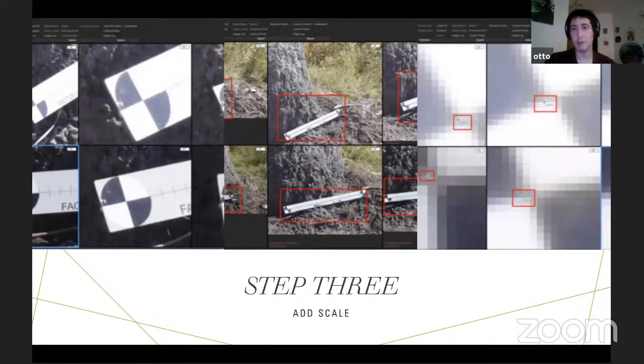Having done your alignments, it's quite a convenient time at this point in the process to add the scale, assuming you're not combining it with anything else to give it scale. So here, for example, you take the scale ruler, and this particular project was done several years ago, and we now have calibrated targets